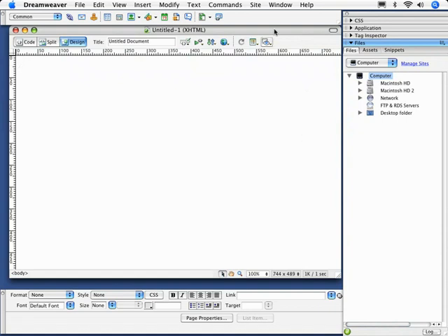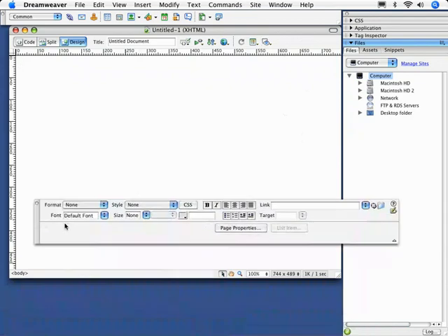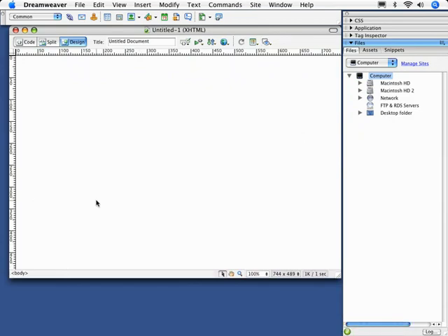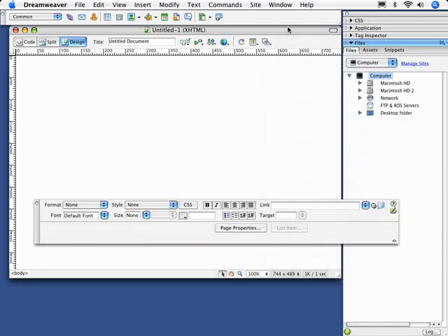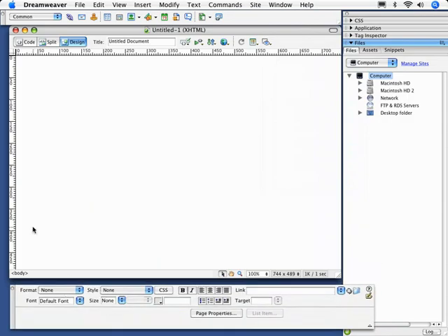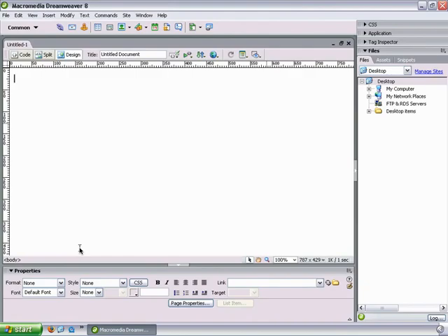And it's nice to have all these free-floating windows, but this also can pose its own set of issues. For instance, it's much easier to accidentally close your palettes on the Mac side. For example, I've seen a lot of people just close the Properties Inspector because it's in their way. Now you can always bring it back from the Window menu just by selecting Window, Properties, and you can bring it back that way. But it's much easier to make this mistake on the Mac side than it is to